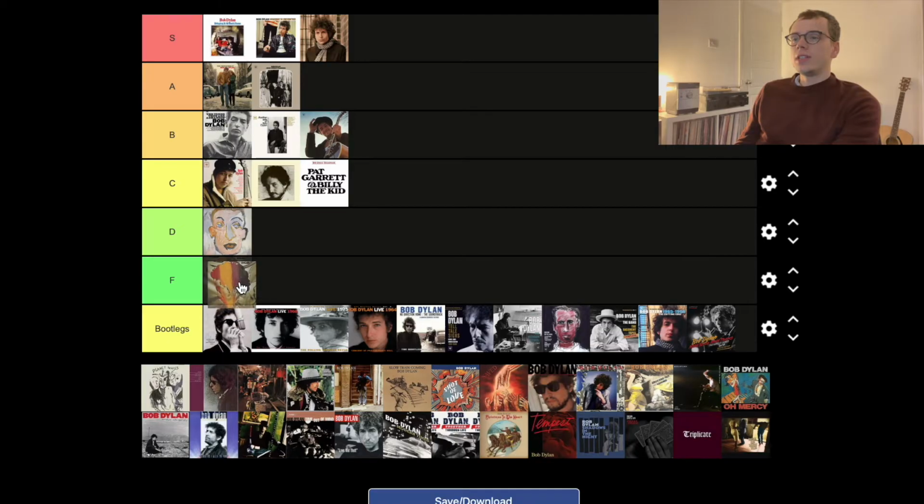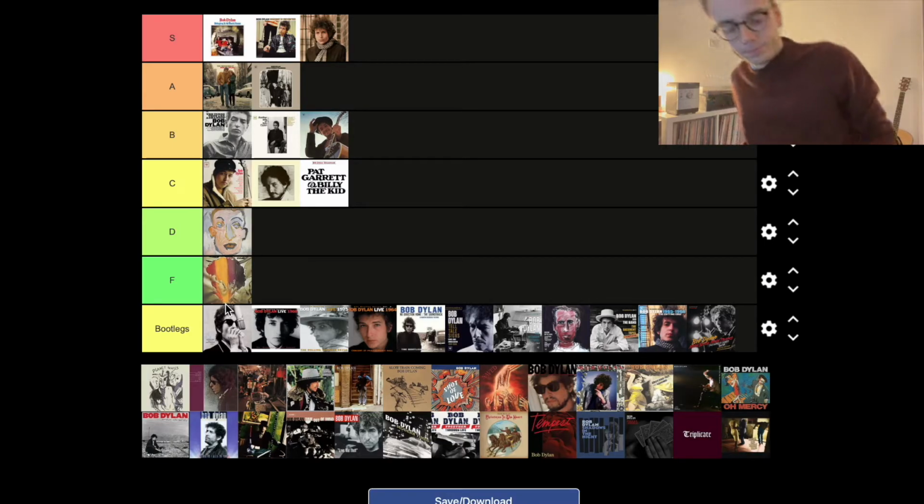Do I think it's an F tier record? I'm going to put it in the F tier. I think it probably is one of his worst records. For another artist it might not be an F tier, but when we're looking at the quality of Dylan's songwriting and his work, it's just not very good at all. So F tier is where it's going to go.